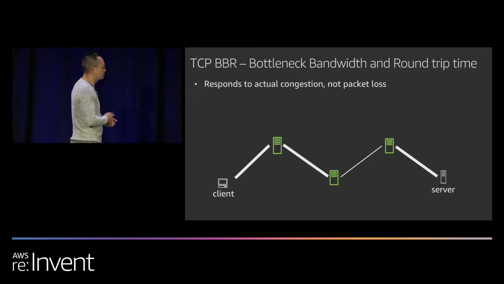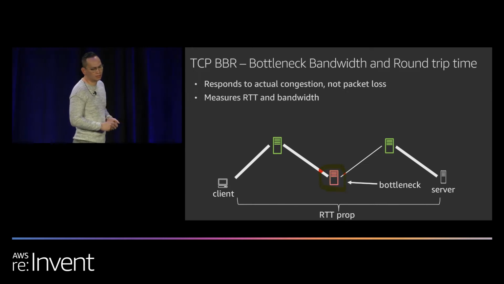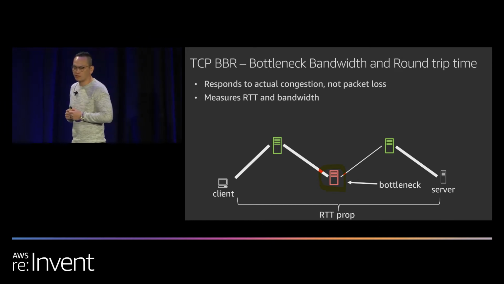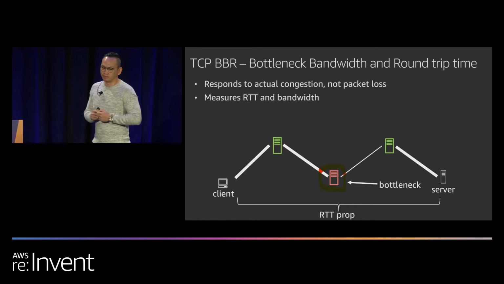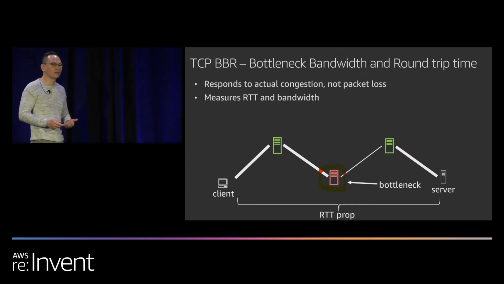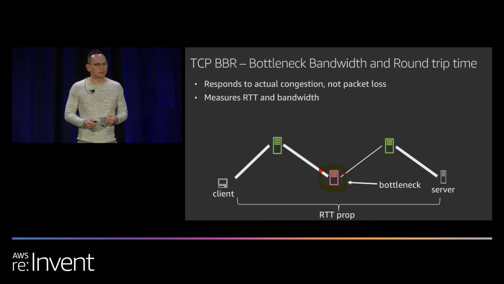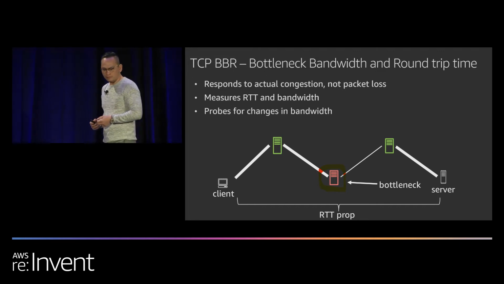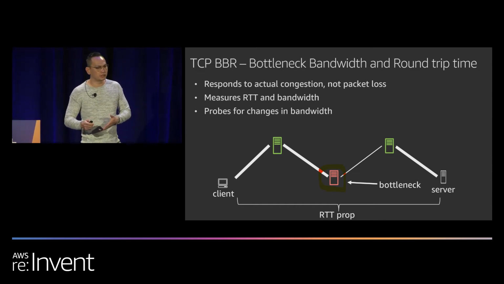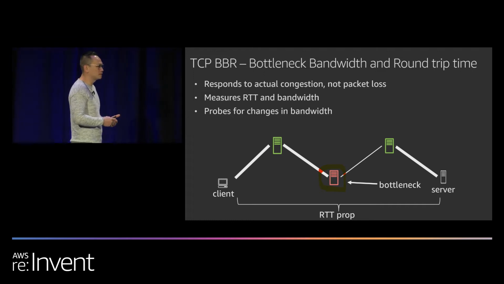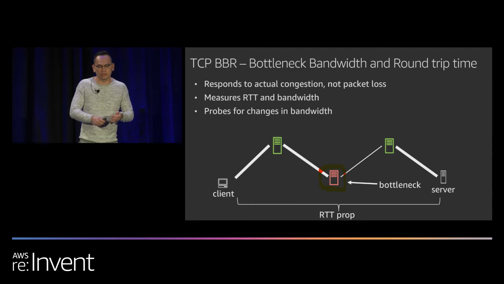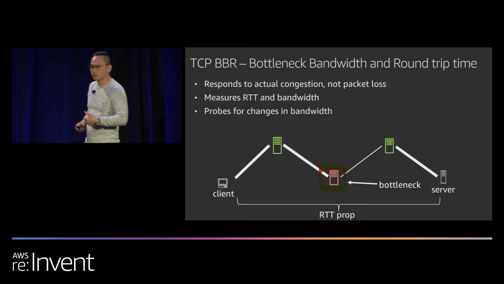And how it does that is it's measuring the round trip time and the bandwidth limit along the path, right? It's looking for that bottleneck bandwidth limit. And the round trip time is ideally going to be the length of the pipe. So it's probing the network to identify what the most optimal round trip time should be. It's also probing for changes because traffic engineering happens, paths might change. So it also sends a bunch of packets to identify if the path changed and the bandwidth limit decreased or increased.